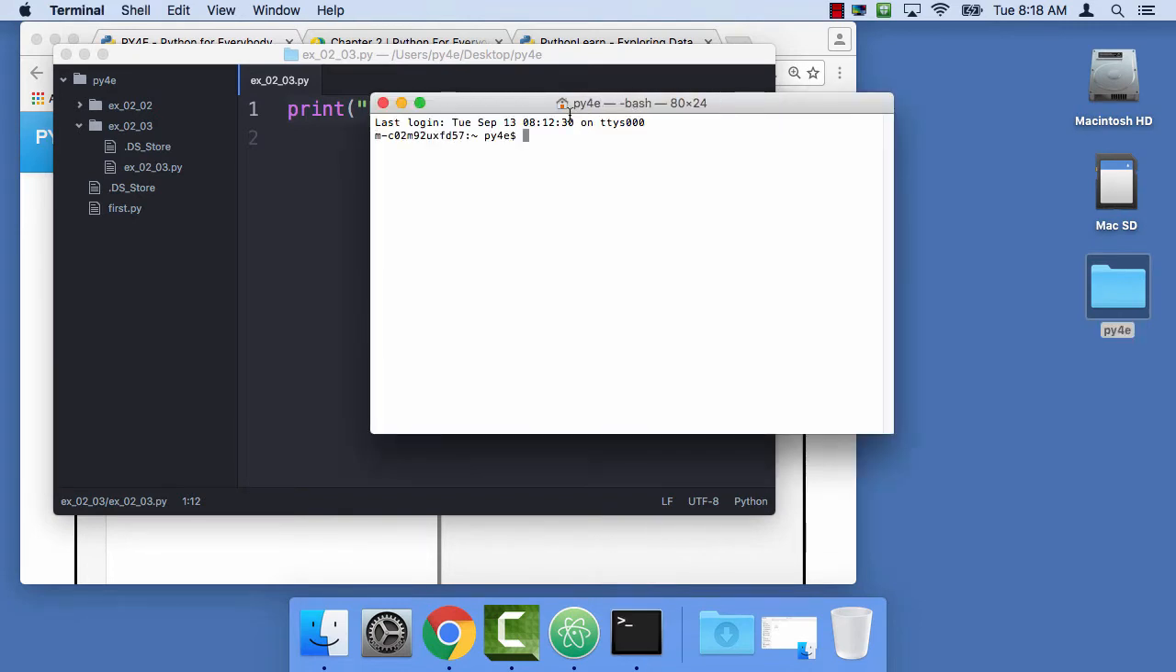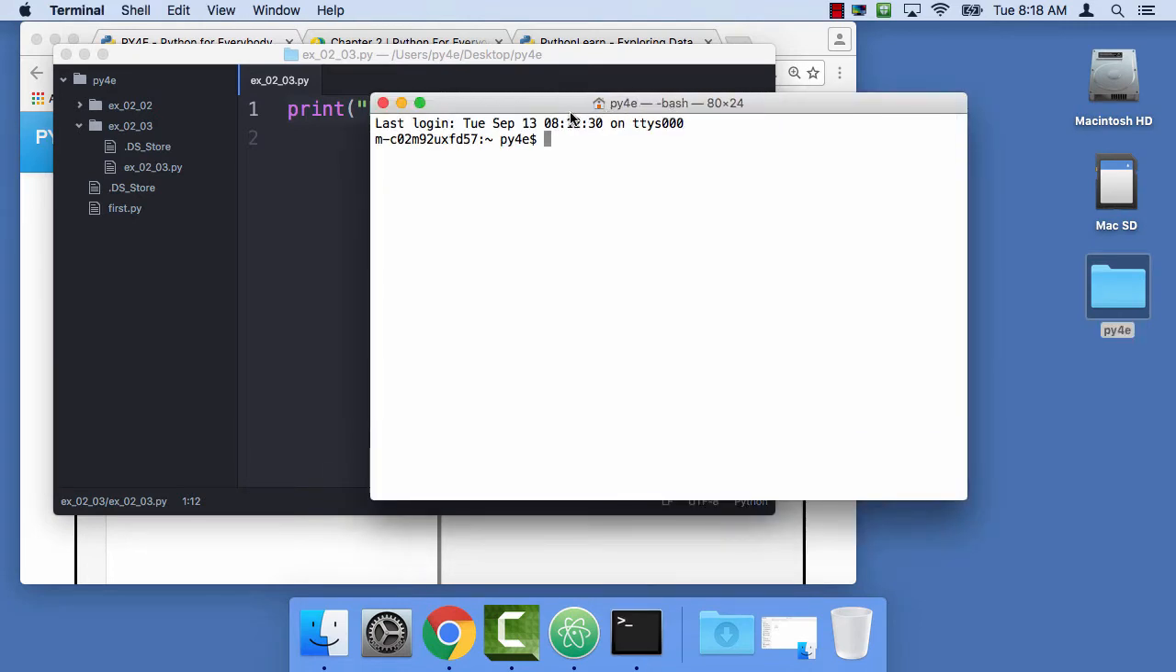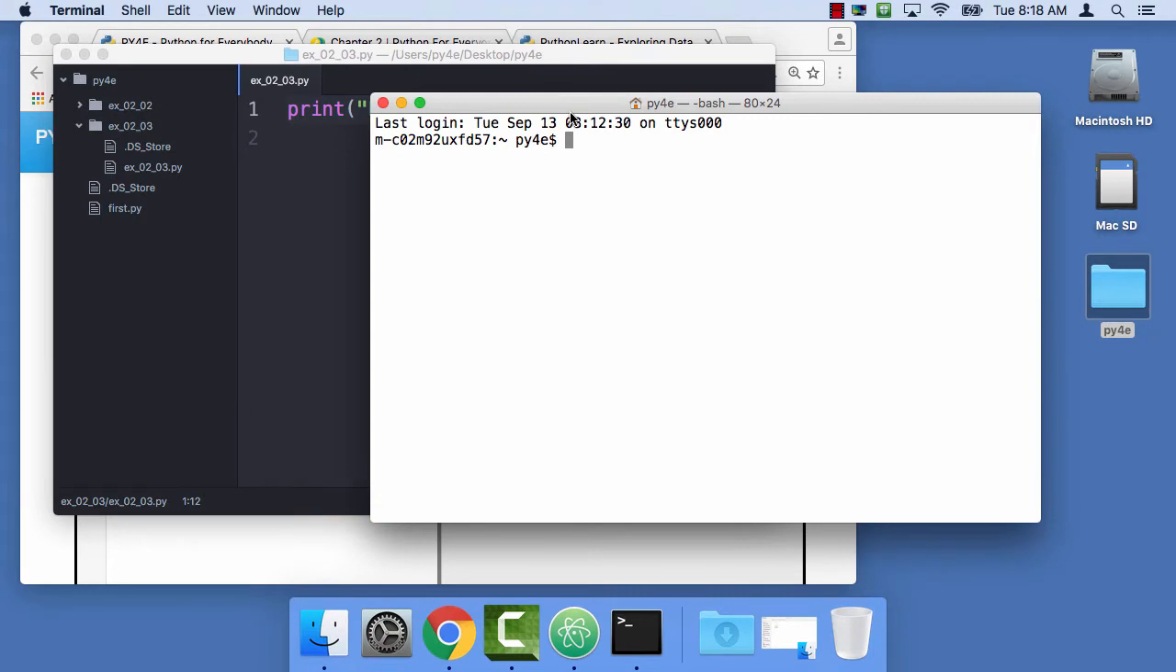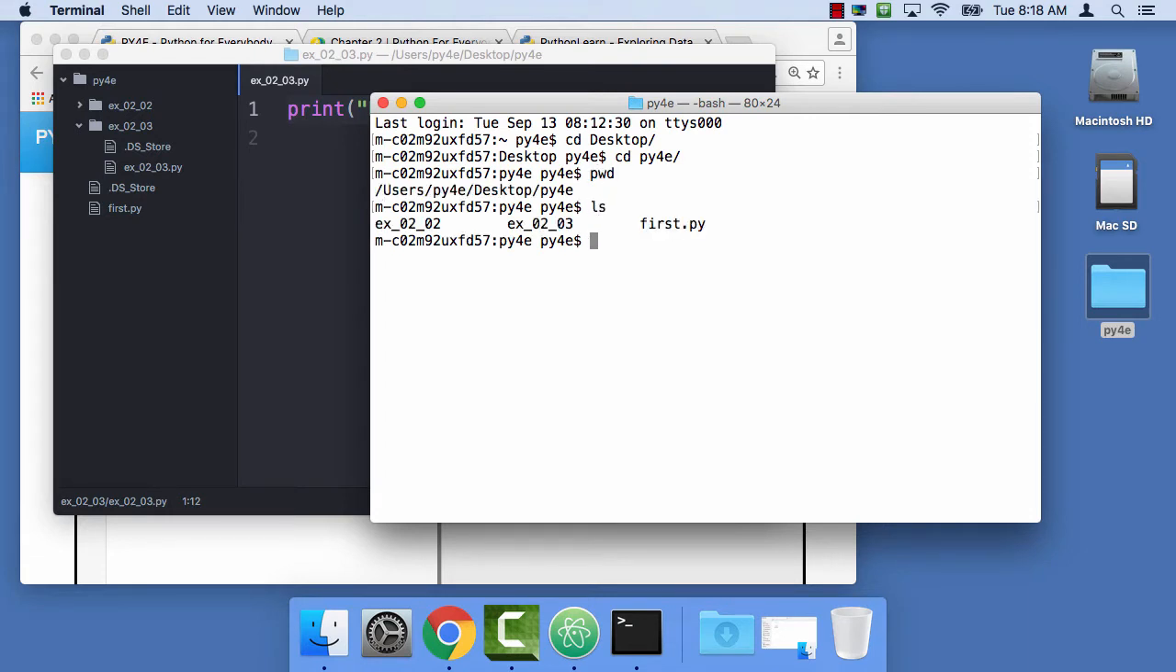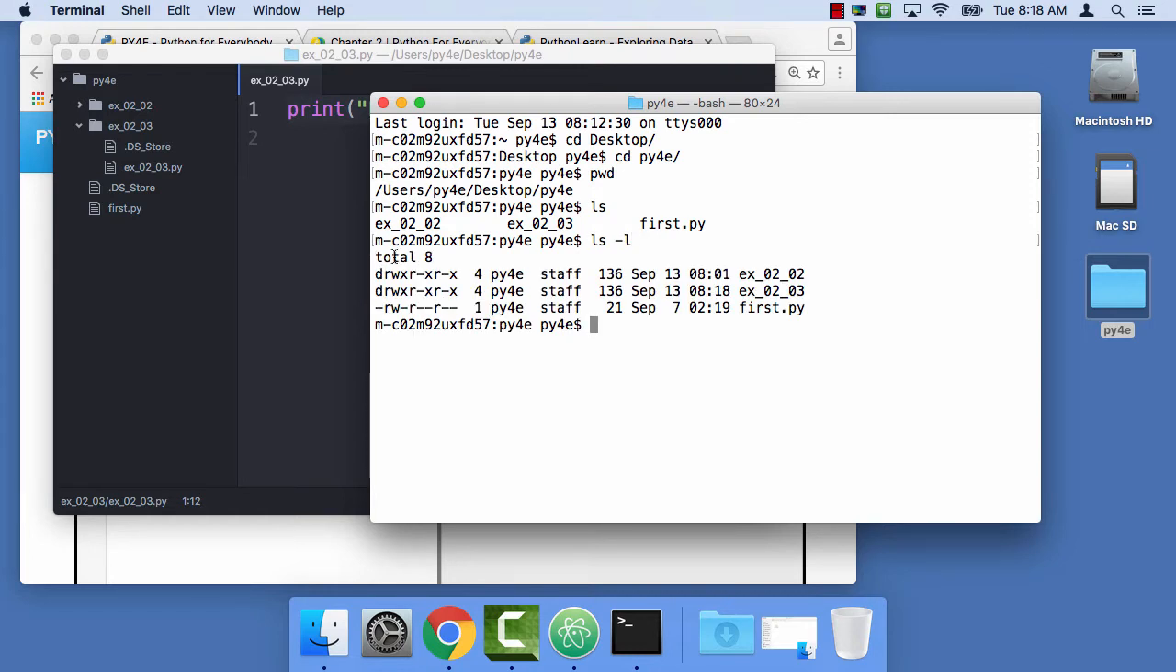And now I'm going to run the terminal program so that I can get there. So cd desktop, cd Python for Everybody. That's the folder on my desktop. And if I do an ls, I see a couple folders and a file. I can say ls -l and see a little more detail, that these two are folders, and this one's a file. So change directory, cd